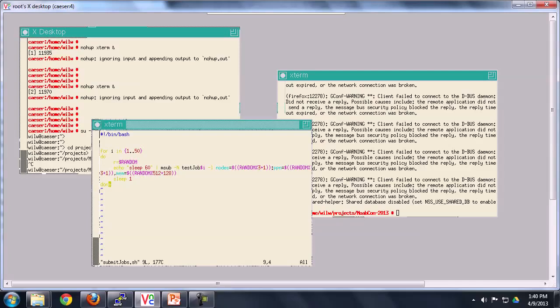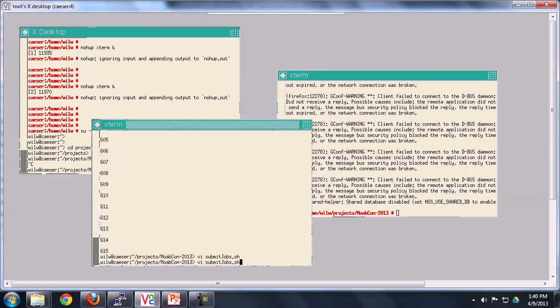All it's doing is going from 1 to 50, and it's just creating random jobs, basically. Those jobs are asking for a random number of nodes and a random number of processes per node, and the job is a sleep job for 60 seconds. That's all it does. It doesn't do anything else at all. So if I modify this quickly so it just does, let's say, 2, and if I run it,